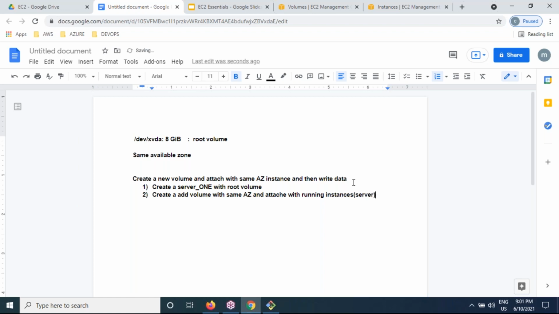Got it very clearly. Then getting into the server, execute the command fdisk -l.